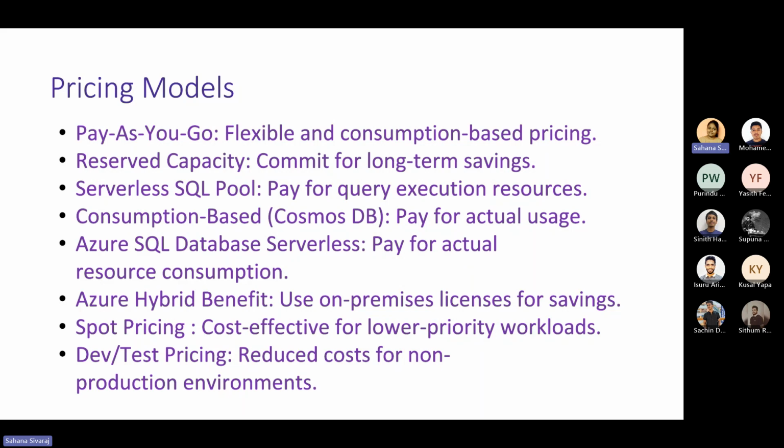So one is pay as you go, which is the consumption-based pricing. That means whatever resources or SQL database transactions we have used, based on that, the pricing will be calculated. Next is reserve capacity, which is for predictable services. Like, for example, if we select a web app, if we're going to use App Service and one database,